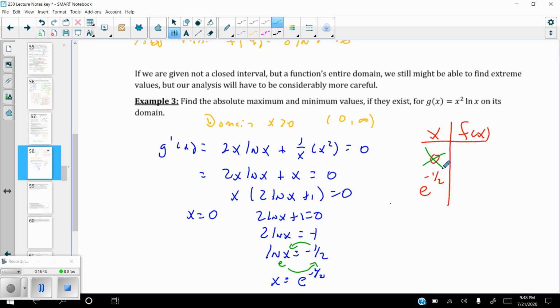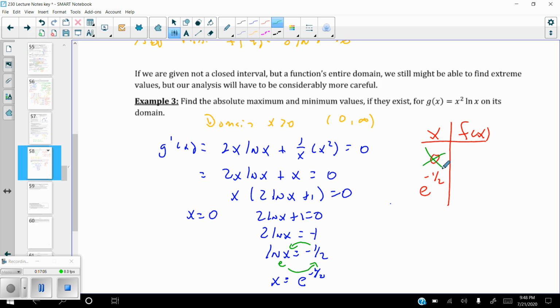Is this e to the negative 1/2 going to be a maximum or a minimum? Well, hopefully what you know of x squared ln of x tells you that this is going to be an increasing function constantly. So this really should be a minimum value. So let's go ahead and check that out. As a matter of fact,